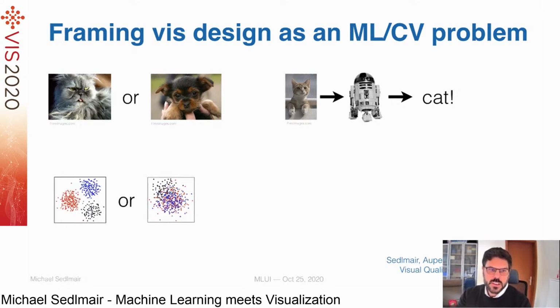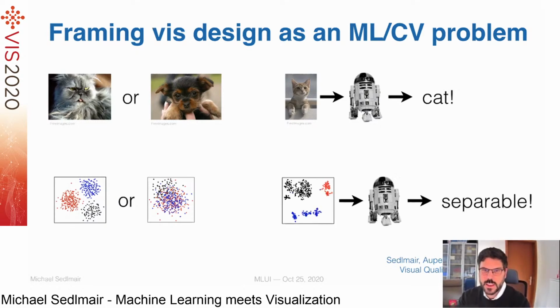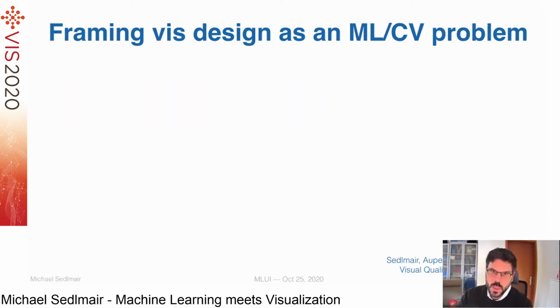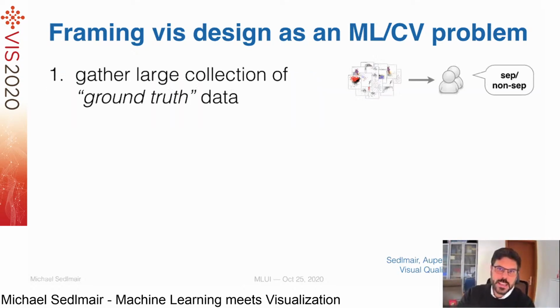So essentially, this is also the same problem that we're seeing here. We have a scatter plot with separable classes and one with not separable classes. And then we would like to get an algorithm that for an unseen scatter plot says whether this is separable or not. So this was the idea, and we actually went ahead and did an easy implementation using